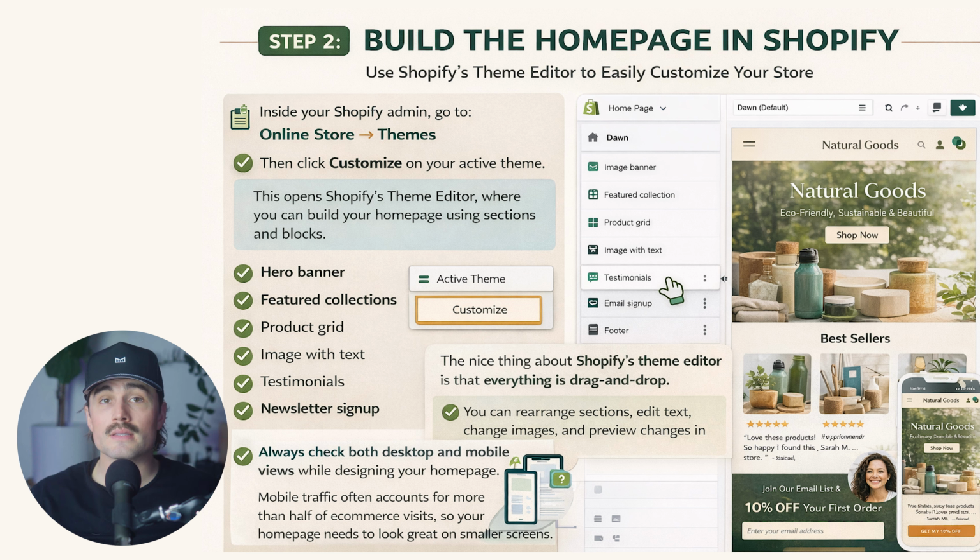The nice thing about Shopify's theme editor is that everything is drag and drop. You can rearrange sections, edit text, change images, and preview changes in real time. Always check both desktop and mobile views while designing your homepage. Mobile traffic often accounts for more than half of e-commerce visits, so your homepage needs to look great on smaller